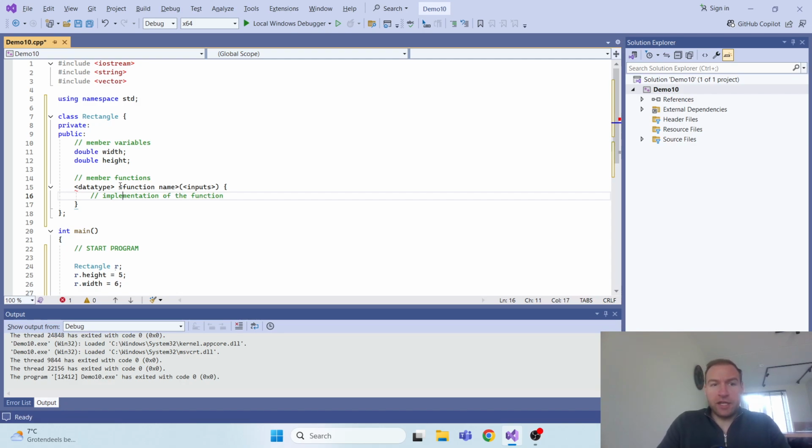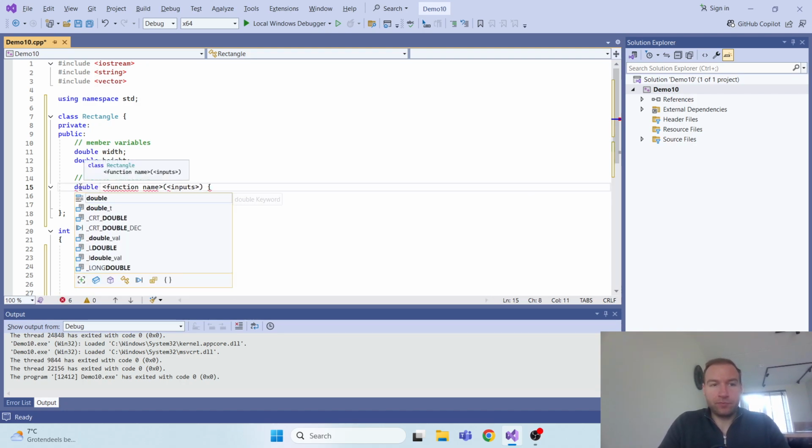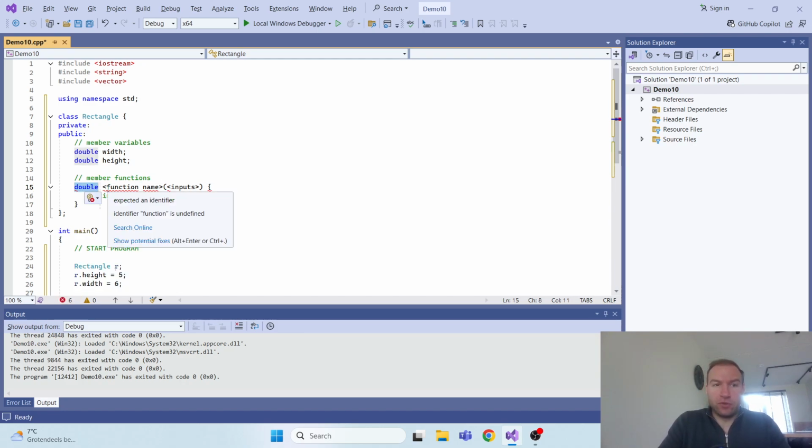So in this case, we want to create a function that calculates the area of the rectangle, and this function must also return this area. So therefore we chose a double for the data type, because the area is a decimal number, and therefore we use the data type double. So the name of the function is area,